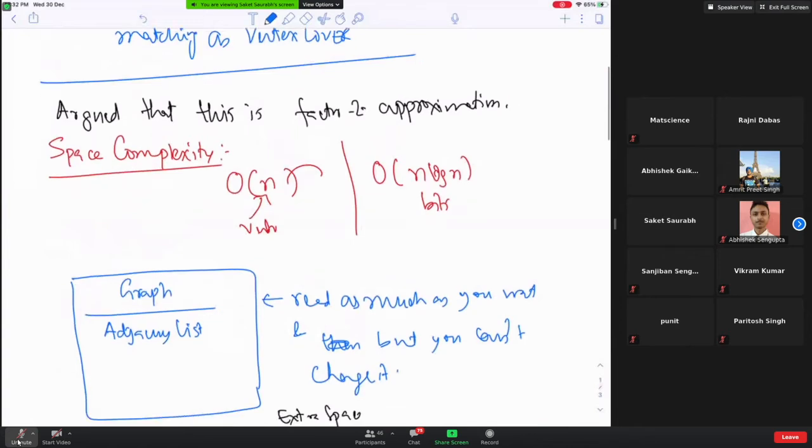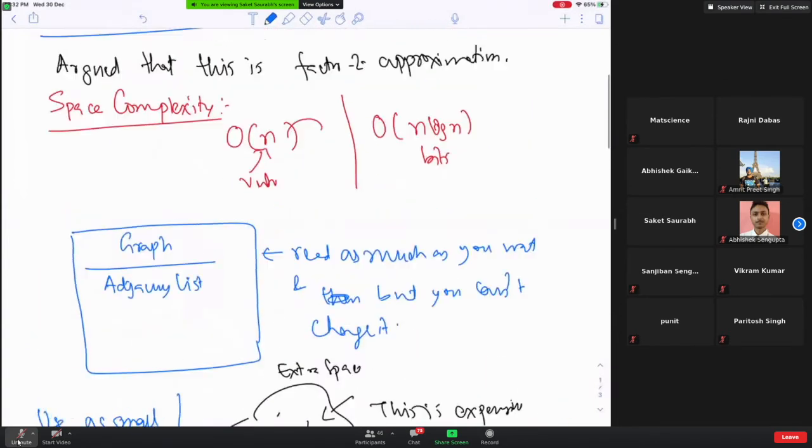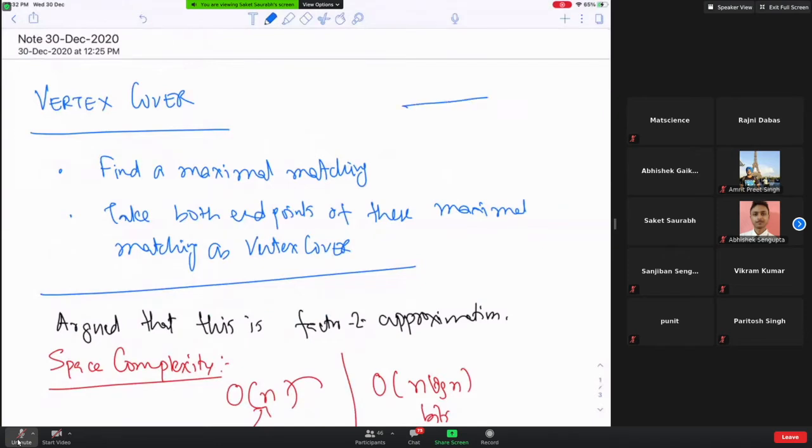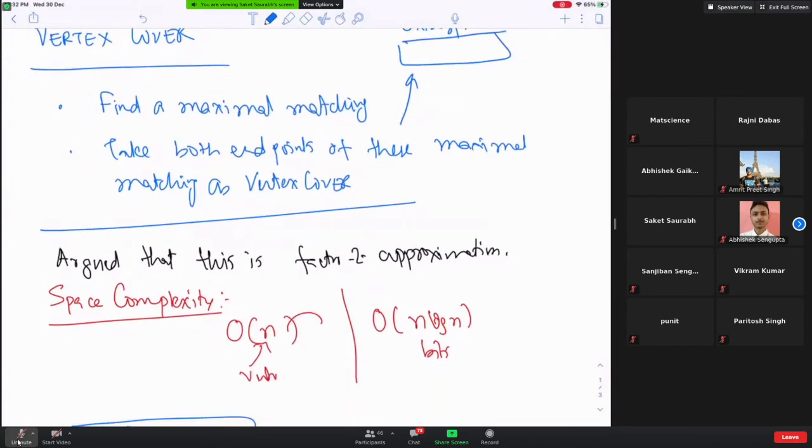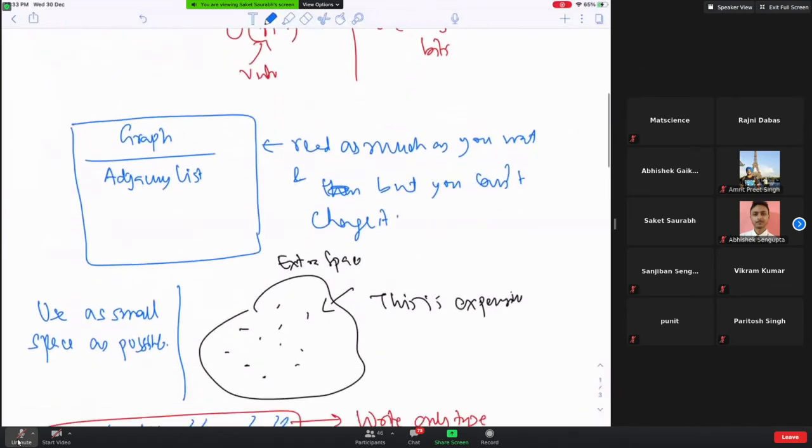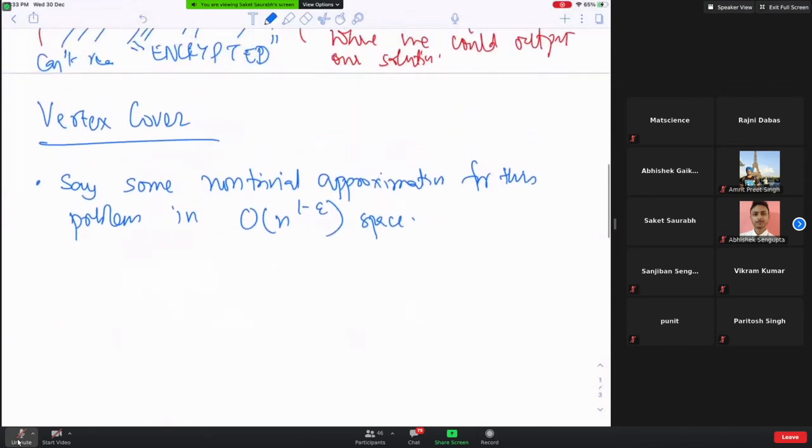So look, what I want. When I did this algorithm, I could have a data structure which stores this matching, but the extra space I'm taking is order n log n bits. Now, I still want an approximation algorithm for vertex cover, but I tied your hands on the amount of space you're allowed to use. Say, for example, just for fun's sake, let's say the space you're allowed to use is n to the power 3/4 times log to the big O of 1 of n bits. So I'm going to use a notation from now onwards.